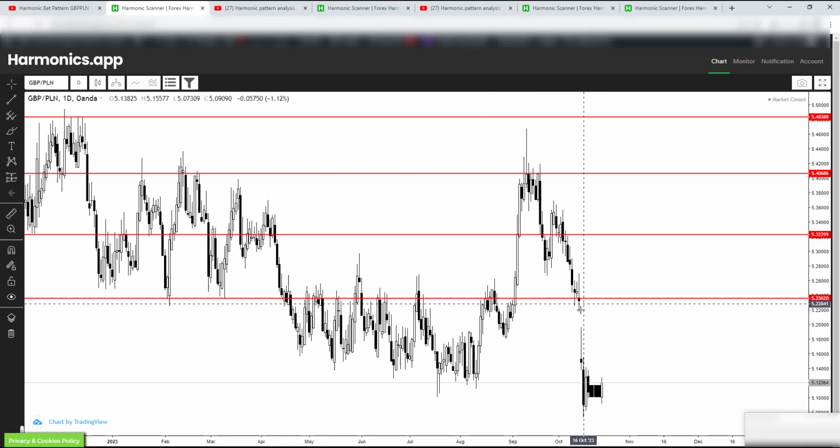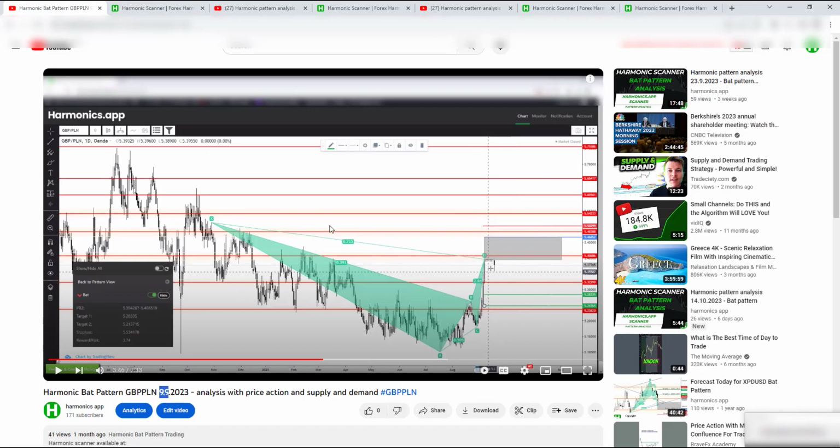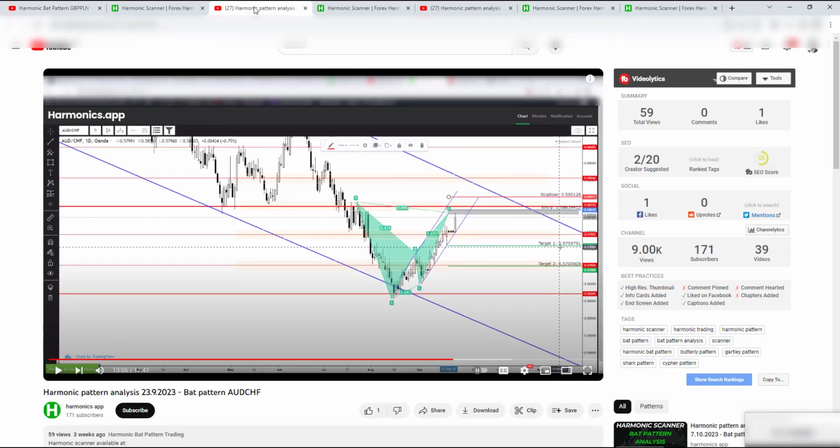5.21 has been reached. You can see it here, even the price has dropped even more down. So we can make a conclusion this pattern has been a valid one, and also the take profit has been reached. You can see it also that the reward to risk was 3.74, which is a great risk to reward ratio. The next one pattern that I have been analyzing with the Harmonics app scanner,